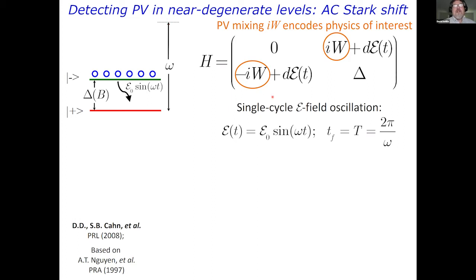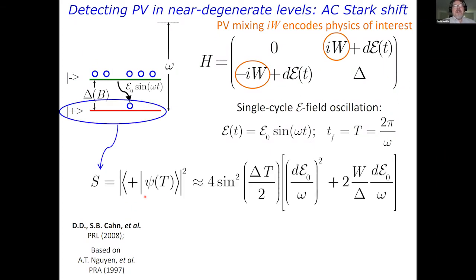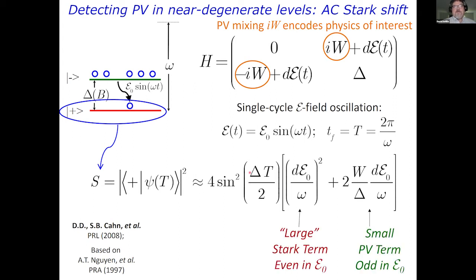And what we're interested in is measuring this matrix element W that encodes the physics of interest for the weak interaction. And the two-level system has a simple Hamiltonian, which is easy enough to diagonalize that I gave this as a problem to my undergraduate students. If you solve this, you'll find that at the end of this single cycle pulse, some of the population is transferred to the previously emptied state. And the population in that state has a particular form which allows us to make the measurement.